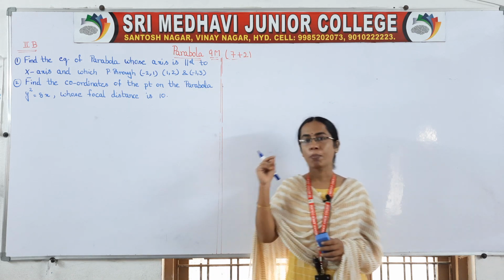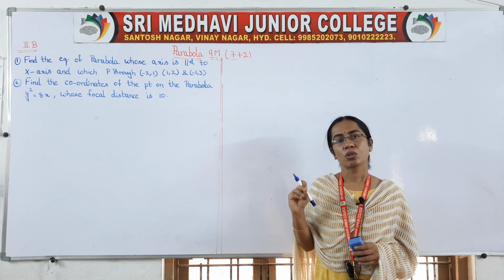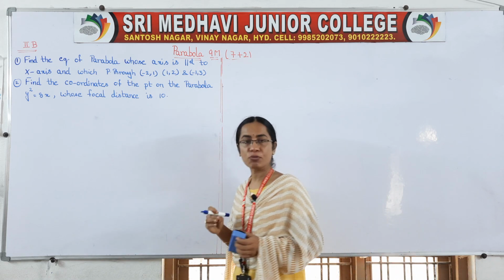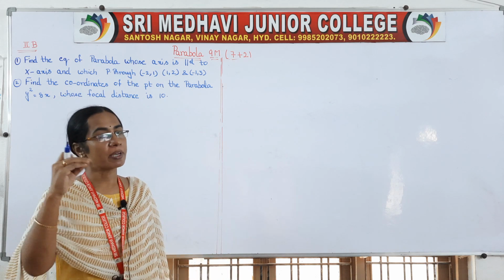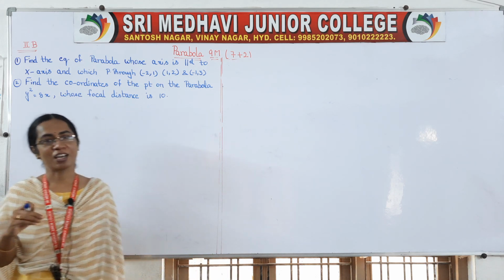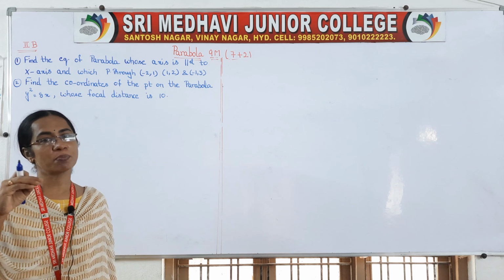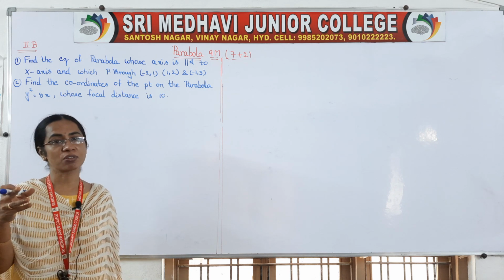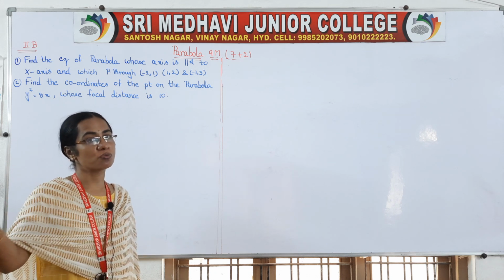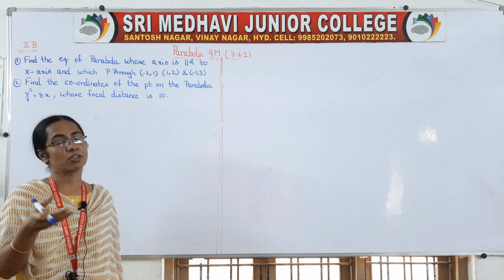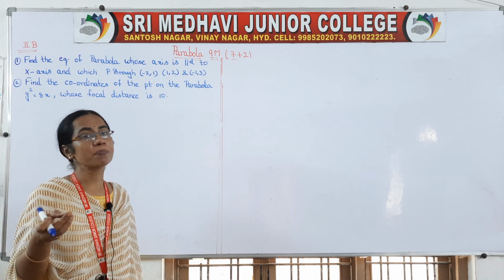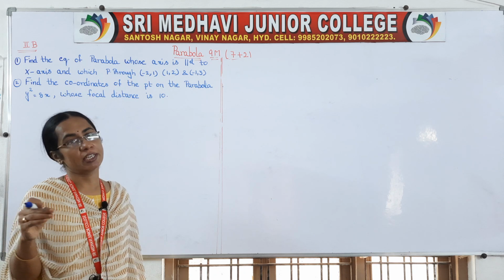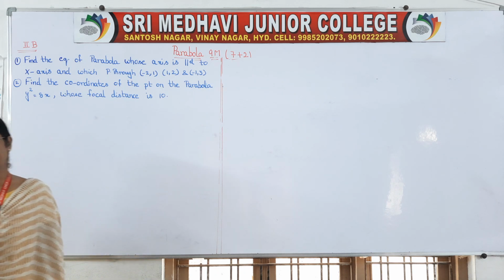So we are doing parabola, right? In parabola we did two long questions. First, standard form, we derived the standard equation of the parabola, right? After that we solved one problem. If focus is given to you and directrix is given to you, we have to find that parabola whose focus and directrix are given to us. How did we solve that problem? By taking the geometrical condition SP by PM is equal to 1. That condition we solved, right?